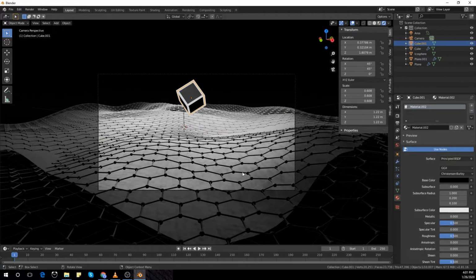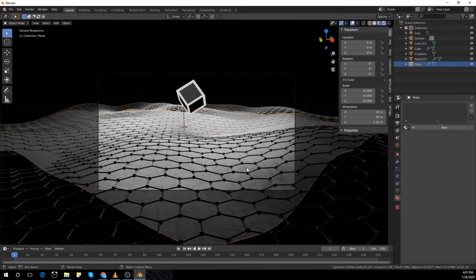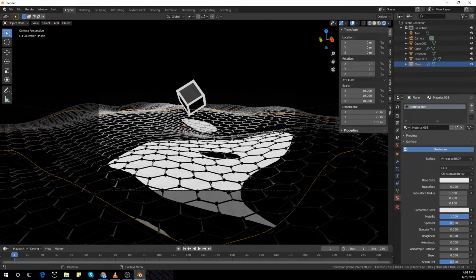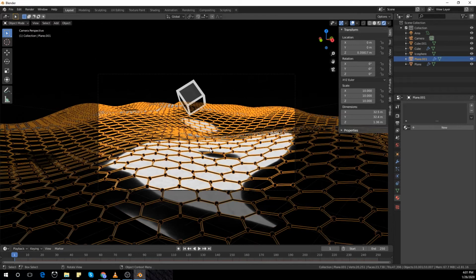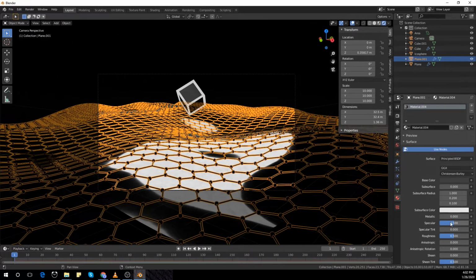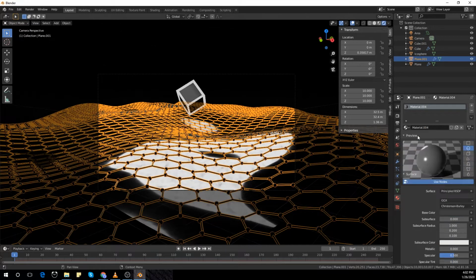And I'm going to do the same thing to the wireframe as well. I'm going to select the bottom plane and add a glossy material to the bottom plane. And this part you can actually play with. You guys can add any materials like the ones I showed you previously. So I'm going to add a slightly glossy material to the wireframe and make it black,